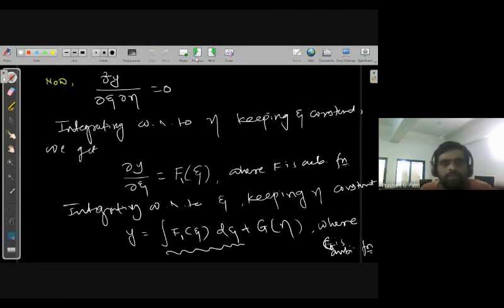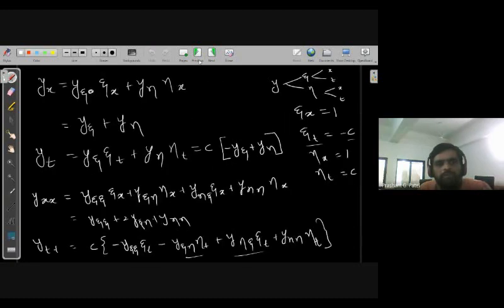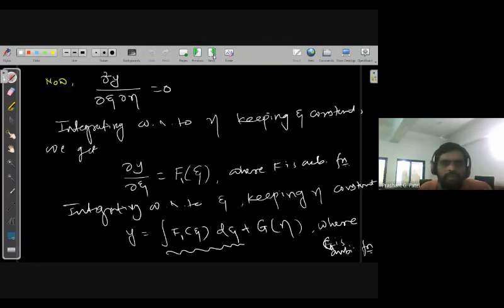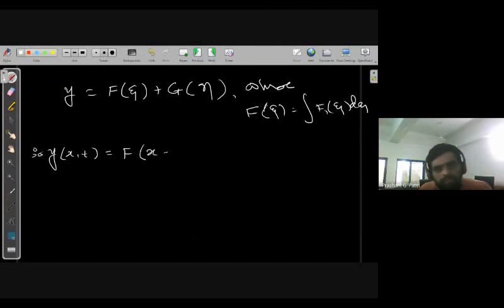The value of xi which we have is x minus ct, and eta is x plus ct. So we can substitute that value here. That is F of x minus ct plus G of x plus ct